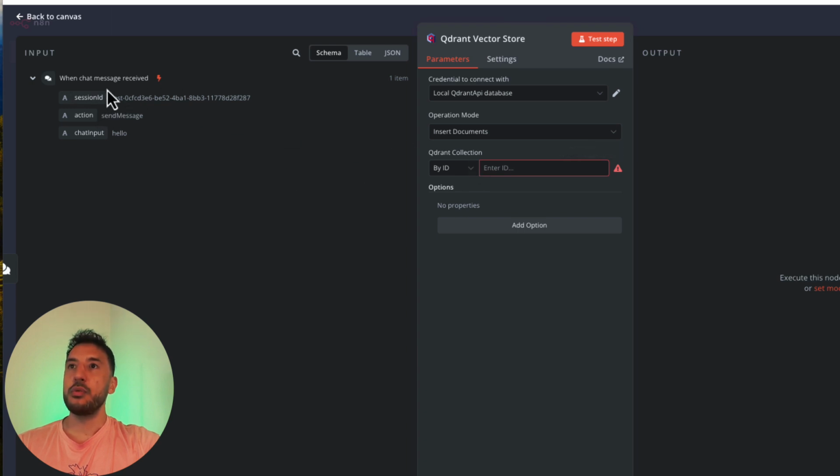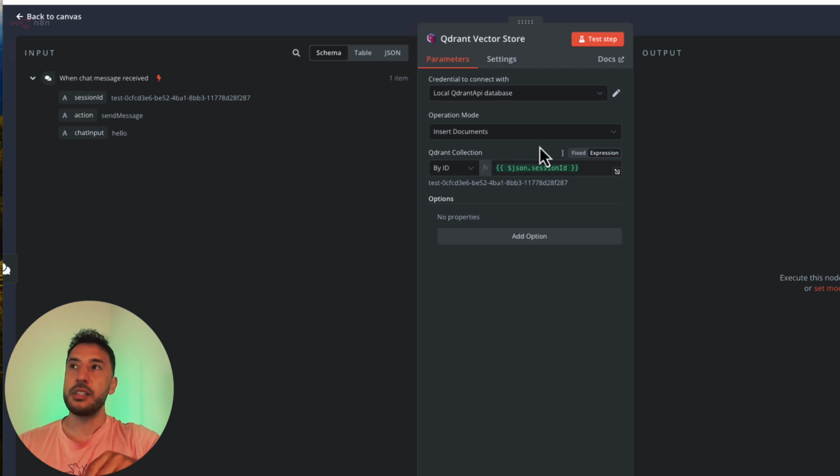What we need to do is add our collection by the chat ID, because we need to provide the ability for a user to upload their own document through the chat window. That's why we need to grab the session ID of that chat that's going to be inputted into this Qdrant vector store.